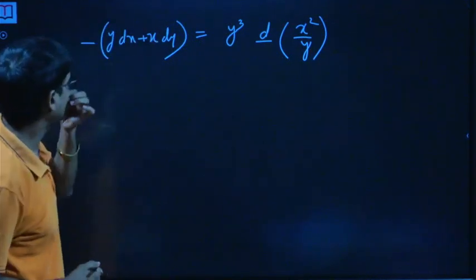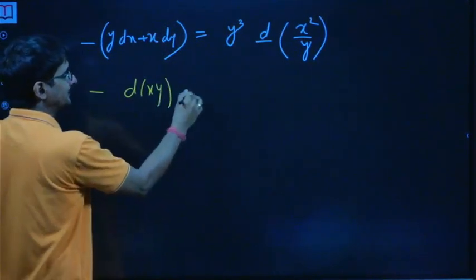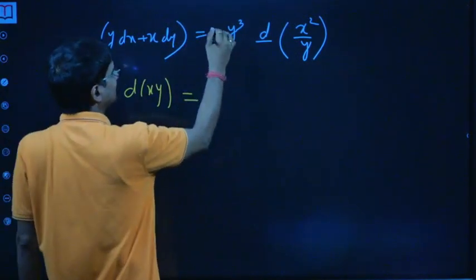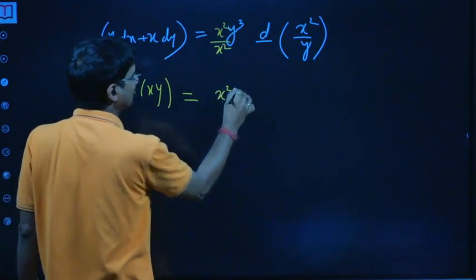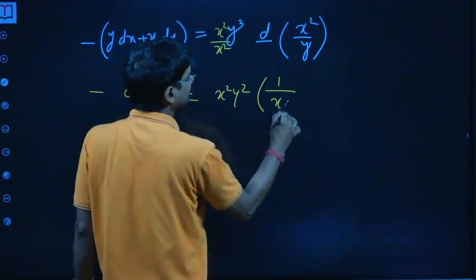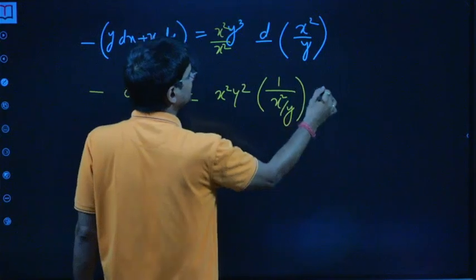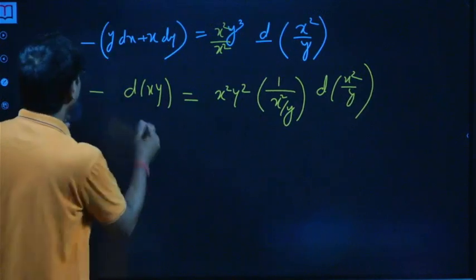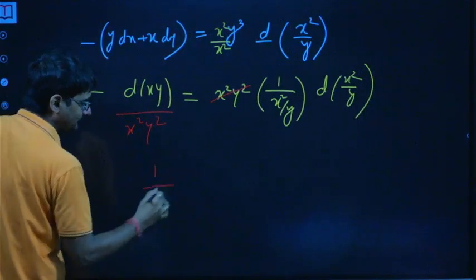Now see, of course this is d(xy), so minus times d of xy is equal to y cube, okay. So if I multiply and divide by x square, it's x square y square into 1 upon x by x square by y, got it, d of x square by y. So now take it this side, so this is minus, so take it this side, so we have 1 upon